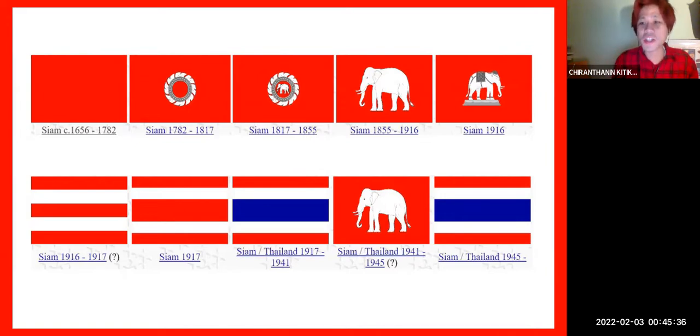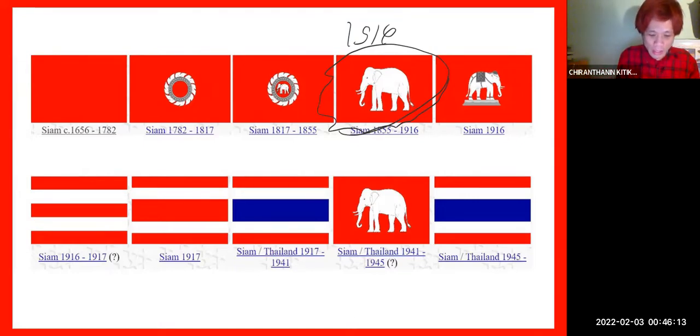This is the Thai national flag, which we have changed through the period of time, and as we can see, right? Before World War I in 1914, this is the national flag that Thailand used to represent a land of elephants, which is grand, kind of like the empire of elephants, right? This is the imperial Siam empire, such kind of thing.